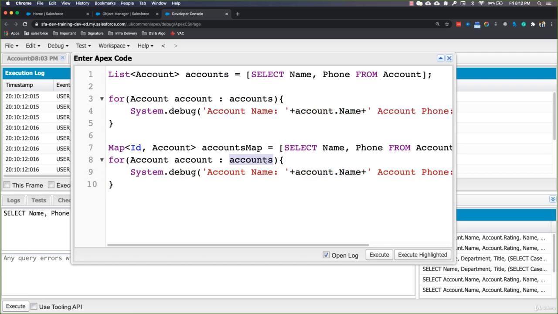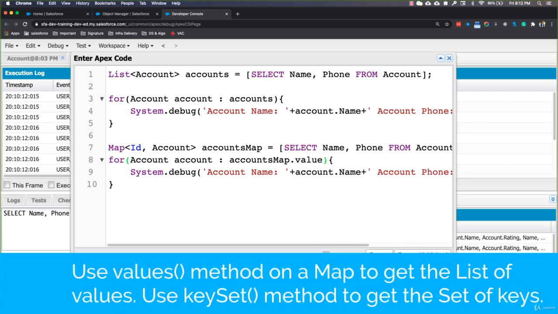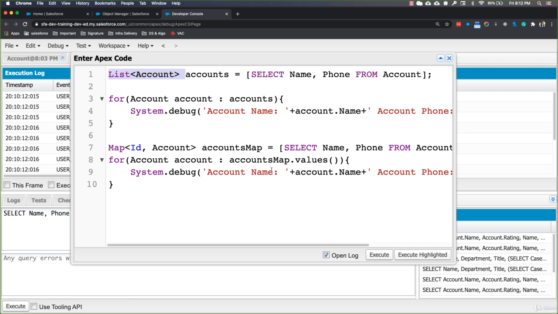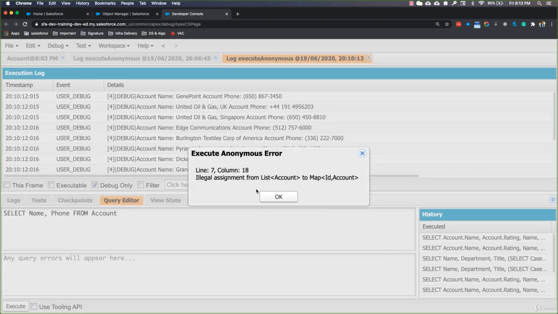Now instead of accounts, I'm going to use my accountsMap, and if you remember, we can get all the values from a map using a method called values. So this values method is going to return a list of account, which is pretty similar to what we are seeing on line number 1. And here we again have a local variable called account, and the rest of the code remains the same. So do you think it's going to work? Let's execute this code. Oops, we have got an error, and it says illegal assignment from list of account to